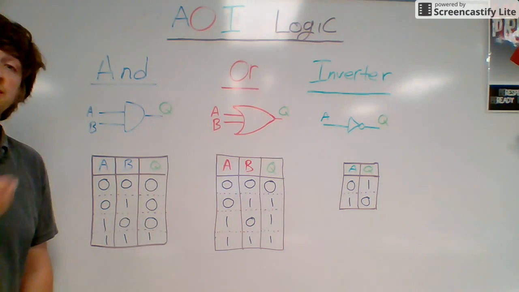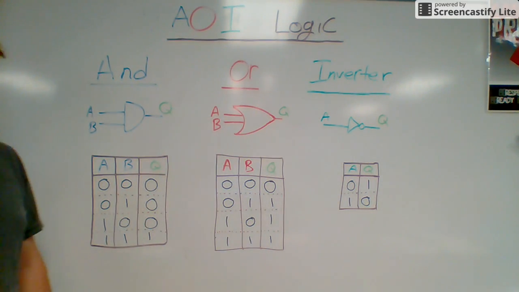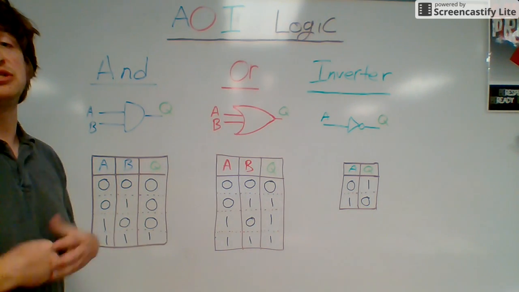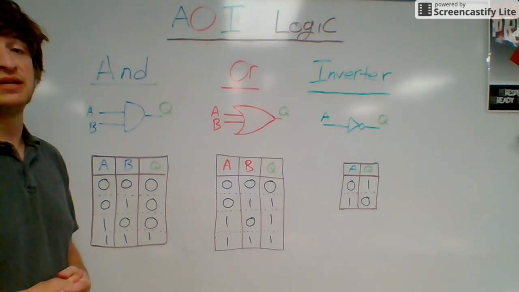These are the basic gates that we use here. By themselves, they don't do a lot. But by putting an inverter after an AND gate, you're going to be able to change what that truth table looks like. That's going to improve